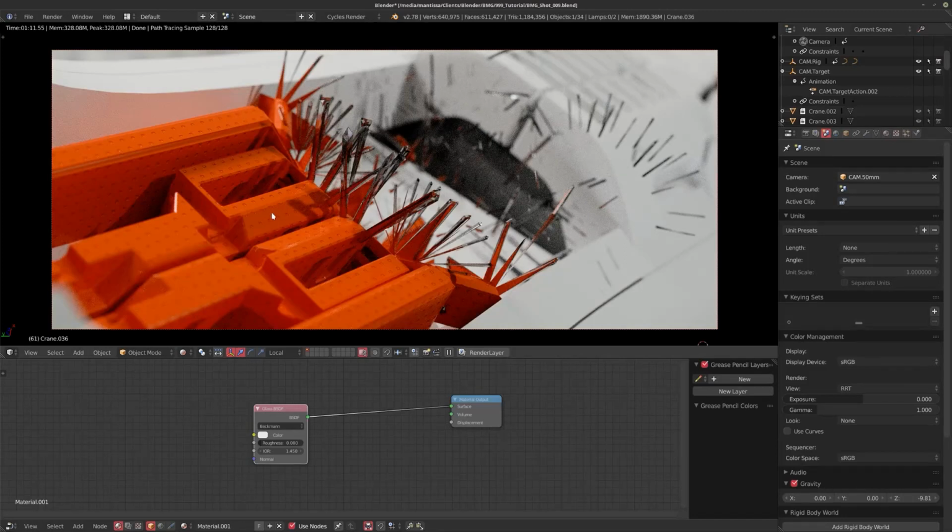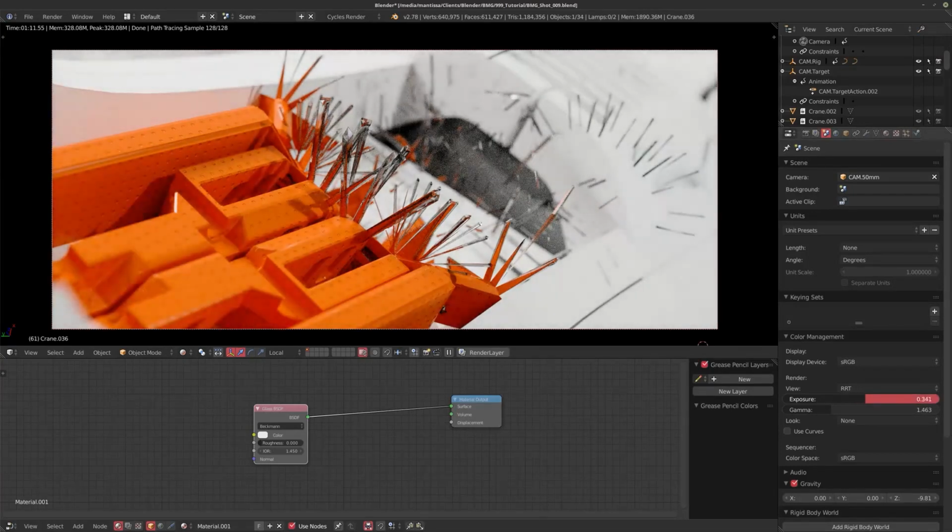It does mess with your colors a little bit, but you can always go use these curves and do some stuff. So that being said, I like messing with the exposure, maybe messing with the gamma, bring up the gamma a bit. There we go. Just until I get something that looks quite nice.